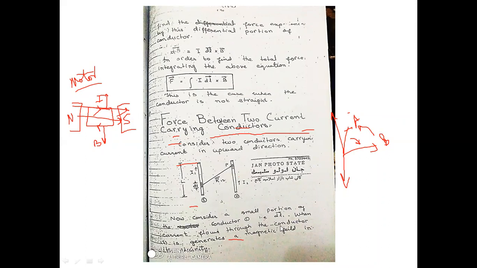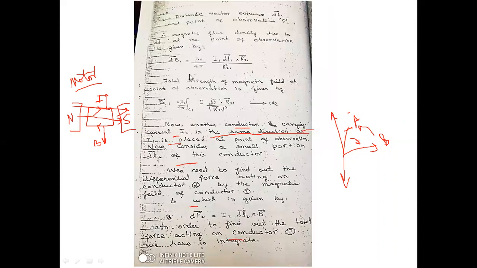When current flows through the conductor, it generates a magnetic field. Let r12 be the distance vector between dl1 and the point of observation P. Therefore, the magnetic flux density due to dl1 at the point of observation is given by